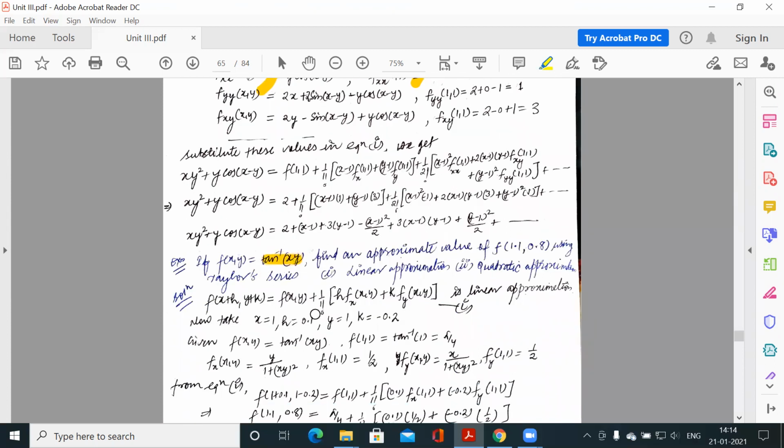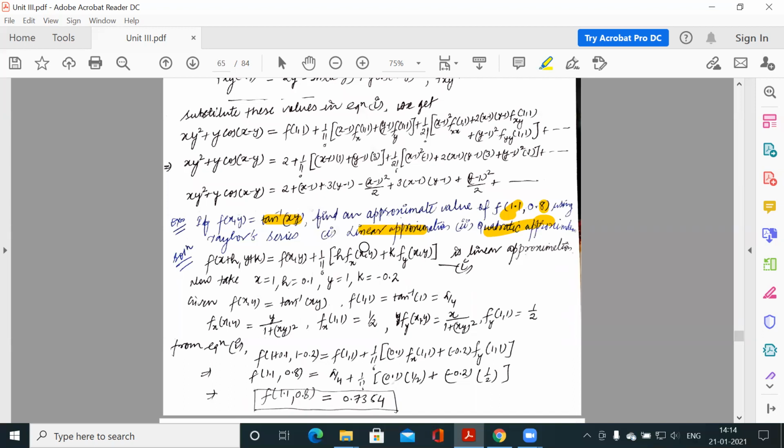This is your function. You have to find f at 1.1, 0.8, using linear approximation and quadratic approximation. Linear means up to first order derivatives and quadratic means up to second order derivatives. So 1.1 means x is 1 and h is 0.1, so we can write this as f of x plus h, y plus k. Since the x plus h argument is 1.1, x is 1 and h is 0.1. And y plus k is 0.8, so suppose y is 1 and k is minus 0.2. So the point,